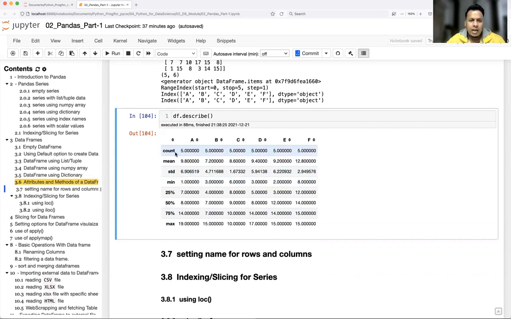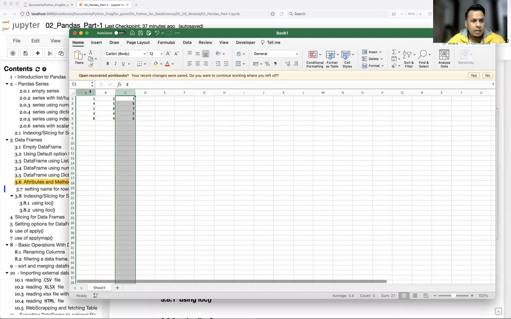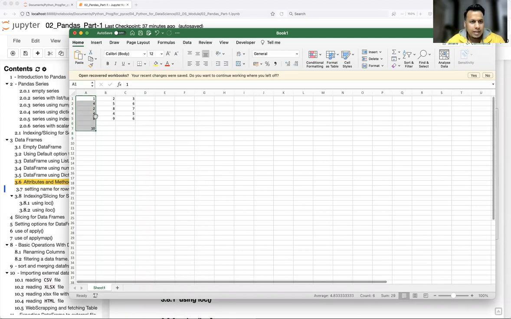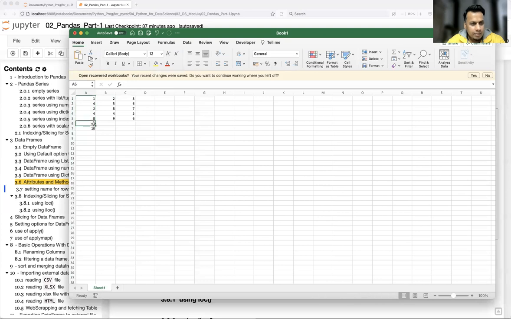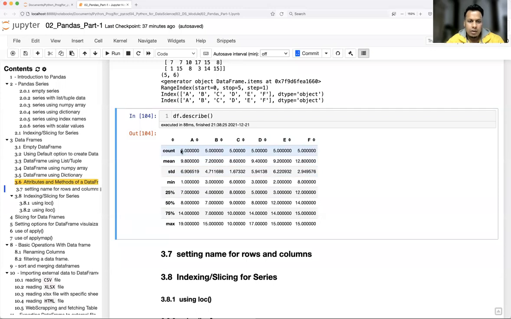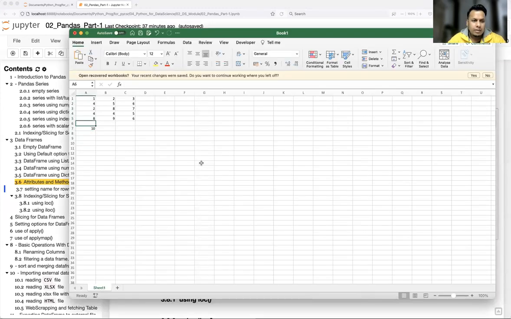It will show how many values each column has, excluding those which are not numbers. Let's say you have one column with 1, 4, 2, 4, 8, then an empty value, then 10. The total size of this column is 7 values including the empty one. But in this particular count, only non-null values will be counted. In a pandas DataFrame, this empty value is known as NaN, not a number.